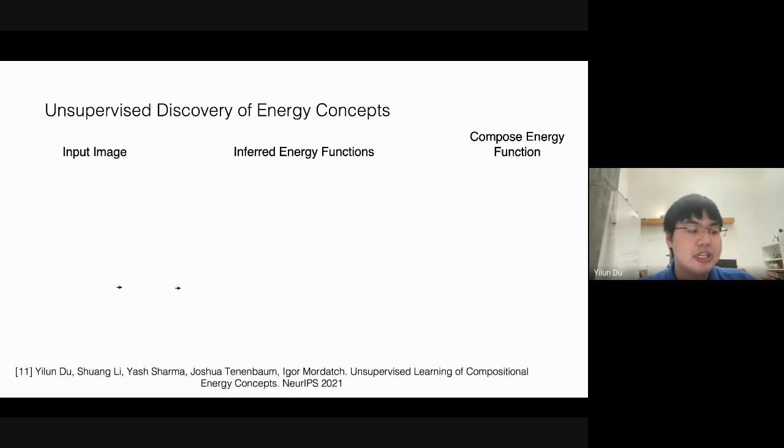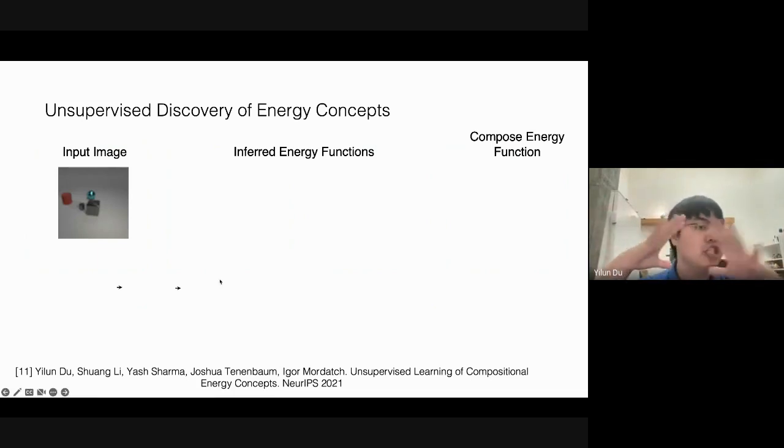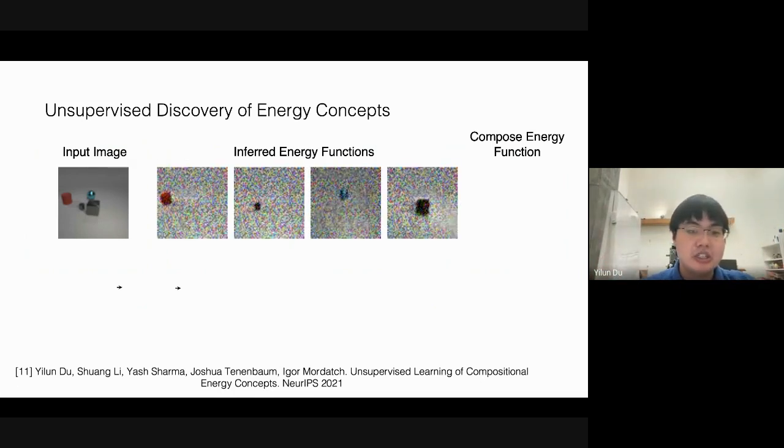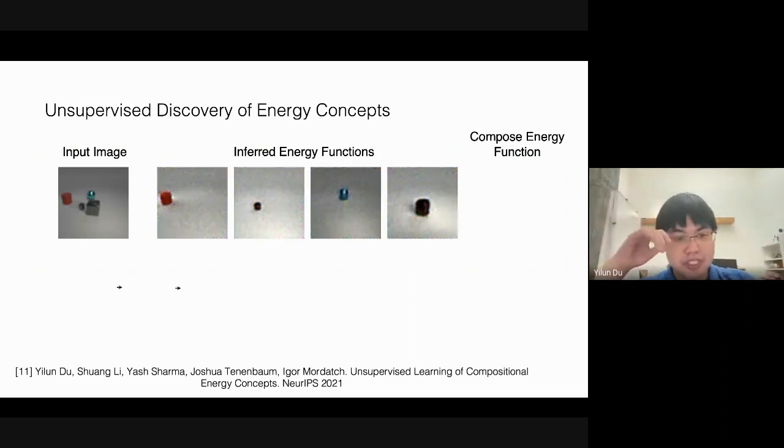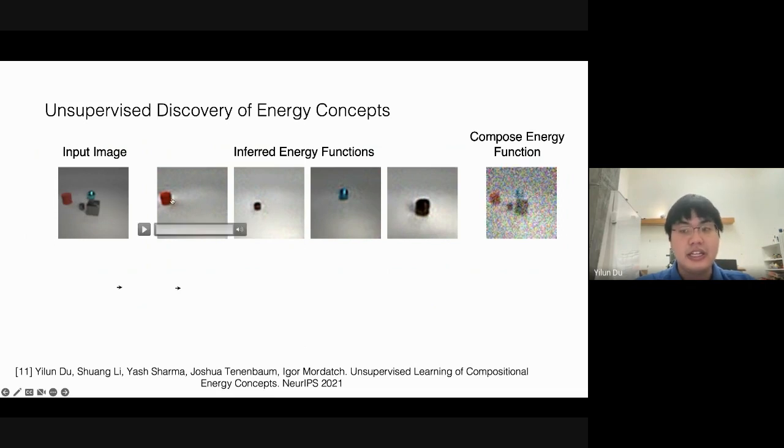So another thing that's interesting about using energy functions to represent different components of images and using them to compose images together is you can also discover them in an unsupervised manner for input images. So imagine I have this input image here. How can I decompose it in an unsupervised manner into the underlying factors of variation inside the image? So it turns out, and you can see the paper for details, that with some tricks, you're able to construct a set of 4 energy functions, each of which describes one cube in this scene. And then if you compose these 4 energy functions together, you get the original scene.